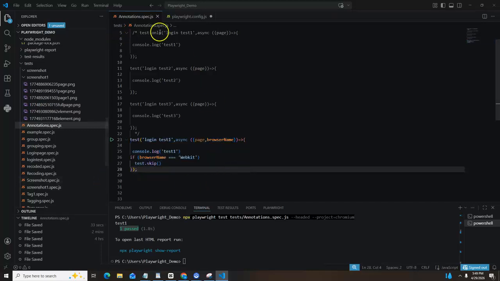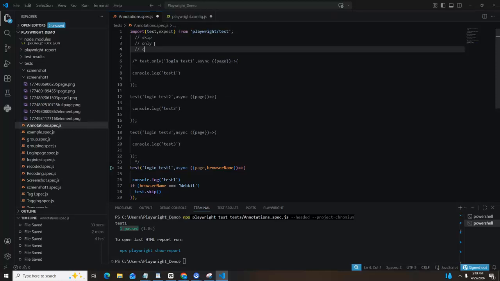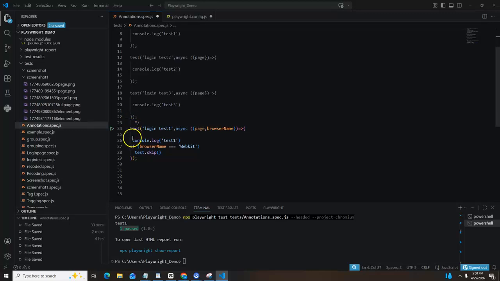So let me note: condition based skip. So first is skip, second we have already done the only, and third one, you can see here, I've already explained this condition based skip annotation. So now the fourth one is